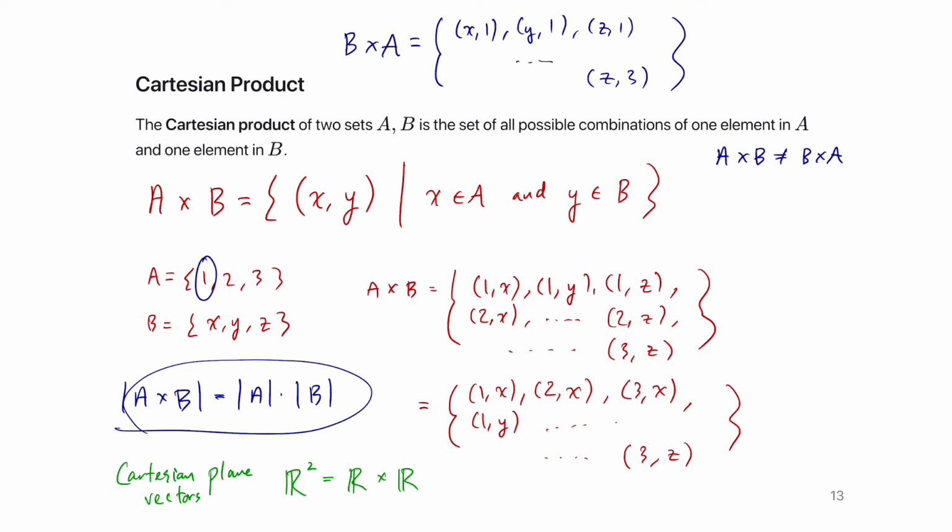If you have multiple, more than 2 sets, does the cardinality still apply? Yep. You can actually take a Cartesian product of as many sets as you want. And so, for example, if you take Math 54, or I guess E16A or B, you'll often see something that looks like R to the n, which represents n-length vectors. Well, all that really is, you can just represent each vector as n points, where each coordinate comes from the set of real numbers.